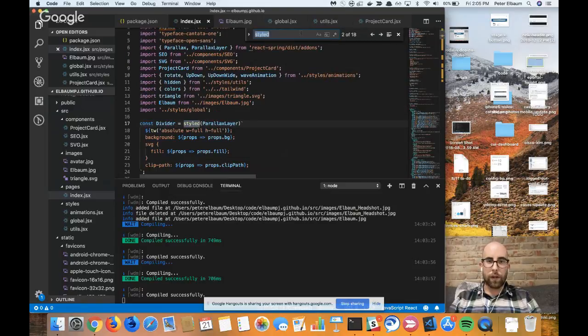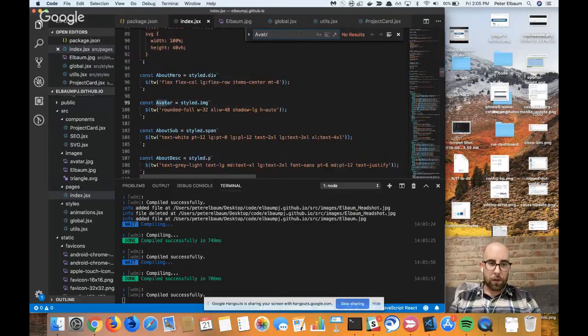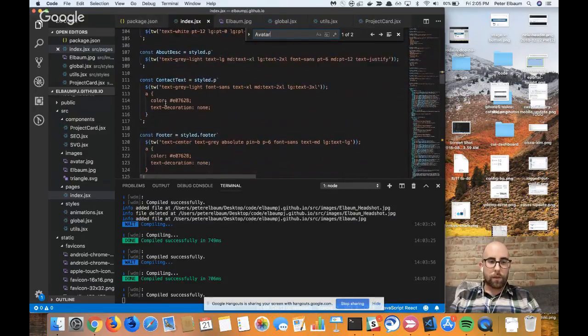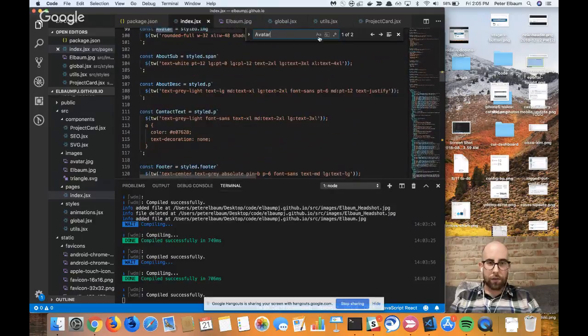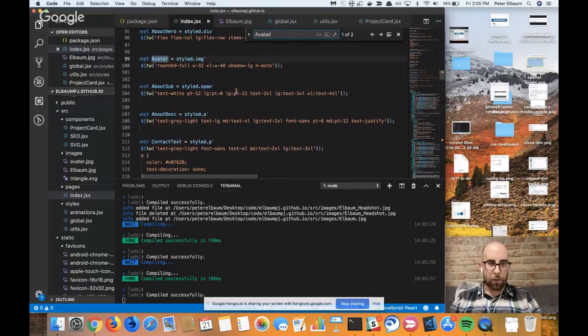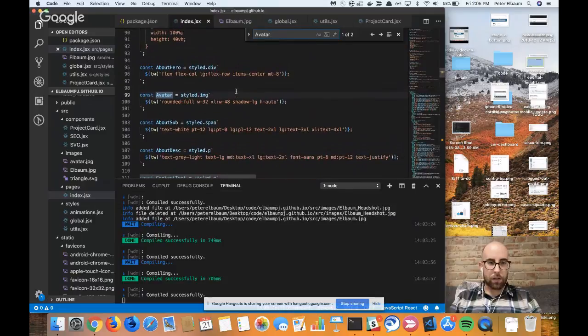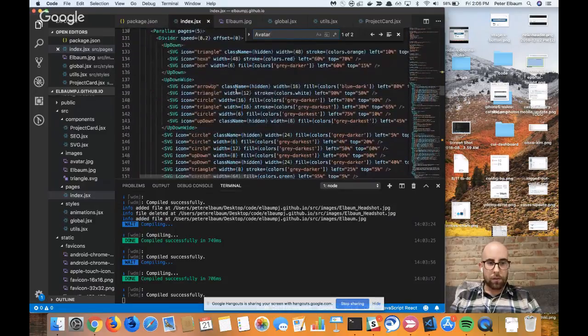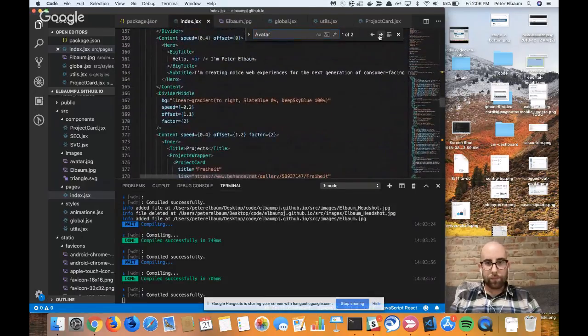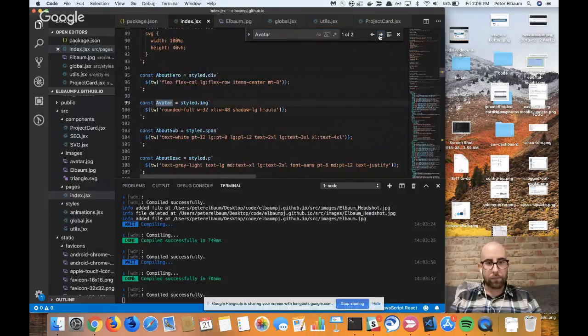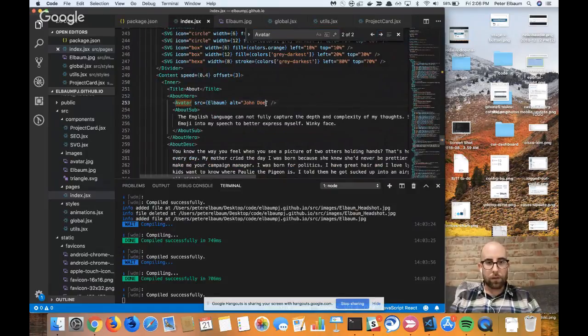Styled in. I'm not quite sure how these styles are coming in. TW. Yeah, like I said, full disclosure, I haven't done a ton of styled components yet. And so const avatar. All very interesting, no question. Alt,